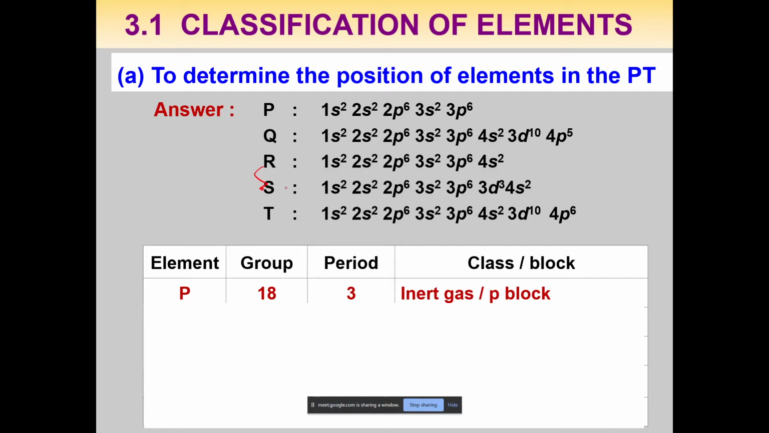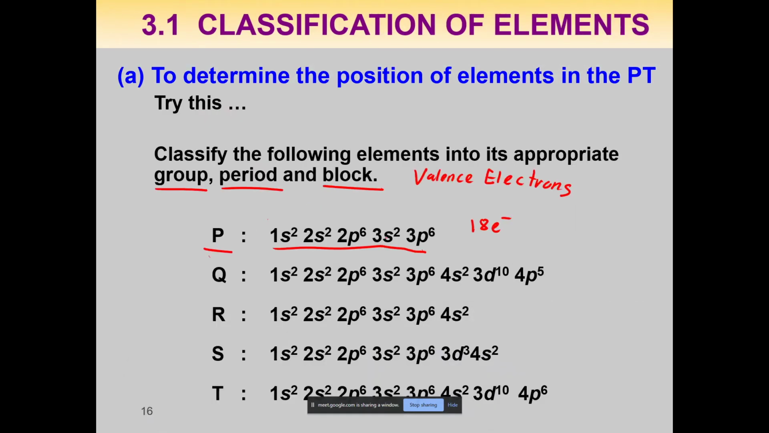Okay, 3s and 3p. So, if you guys look, how many valence electrons are there? Yes, you add these two. So, we have 3s and 3p, which is 8 electrons. Okay, to know its group,